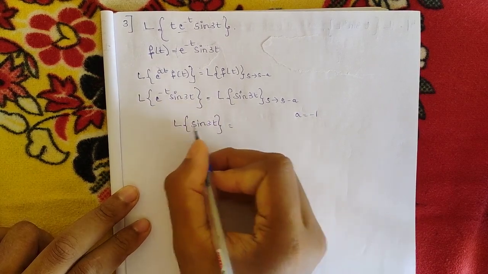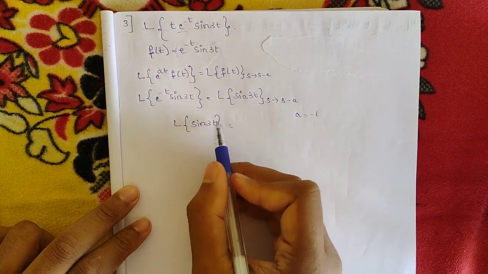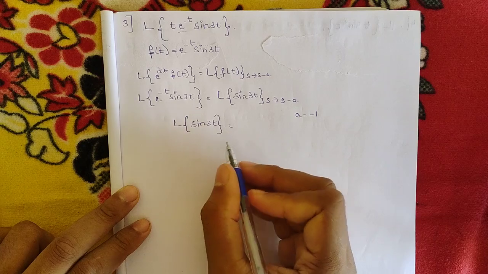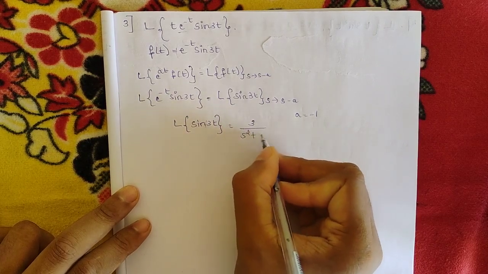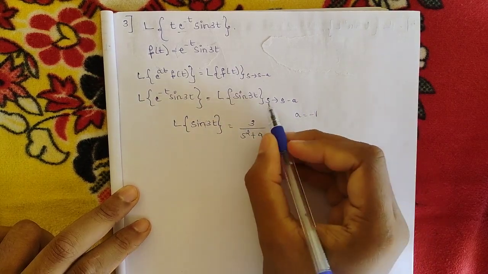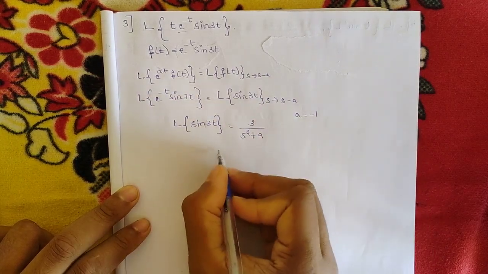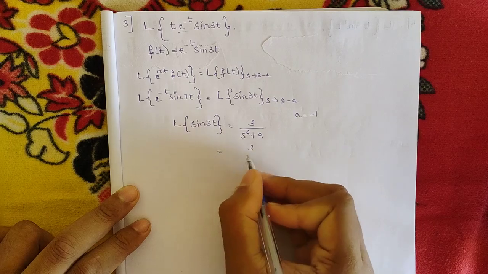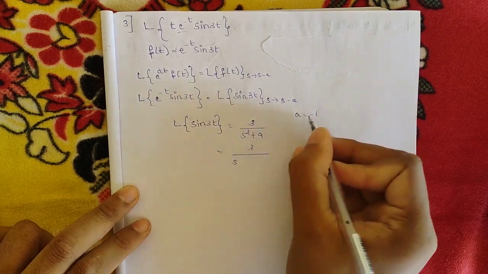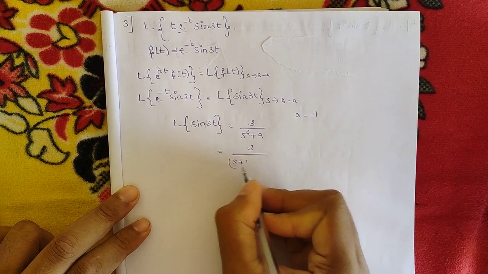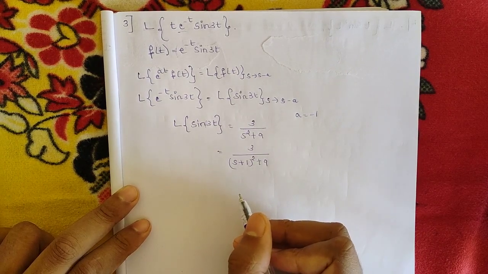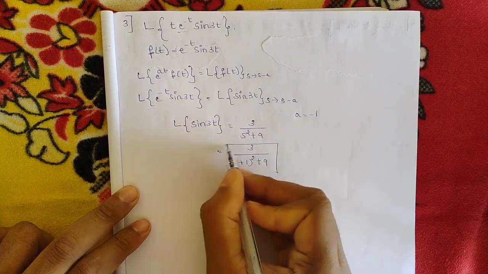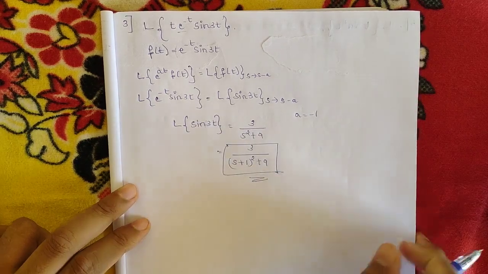that is, it is of the form sine at. The Laplace transform of sine at is given by a divided by s square plus a square. In place of a we are having 3 divided by s square plus 9. Okay, now s would be changing to s minus a, that is 3 divided by s minus of minus 1, that is s plus 1 the whole square plus 9. Okay,